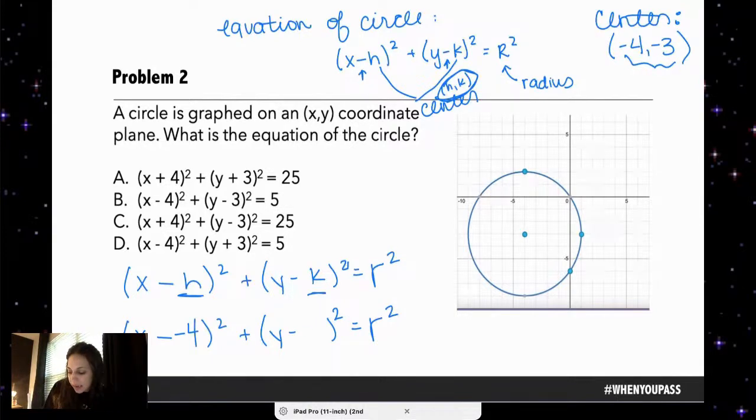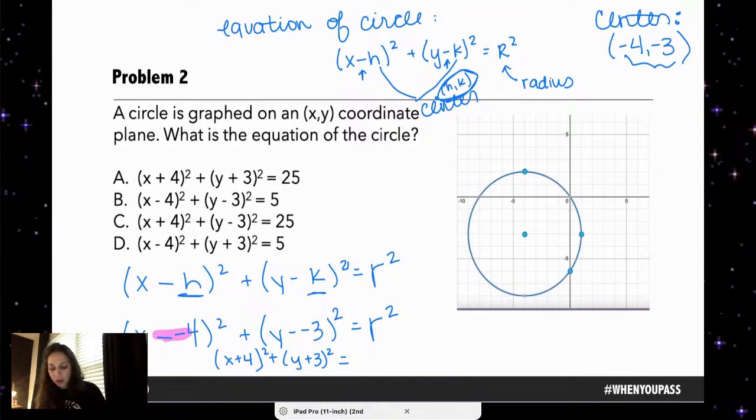All right, x minus -4, because h has a value of -4. Y minus -3. It is not y minus 3. It is y minus the value of the y in my center, which is k, and in this case, k is -3. This is where people make the most mistakes on these kinds of problems. What is a negative times a negative? A positive. So that actually becomes x plus 4 plus y plus 3